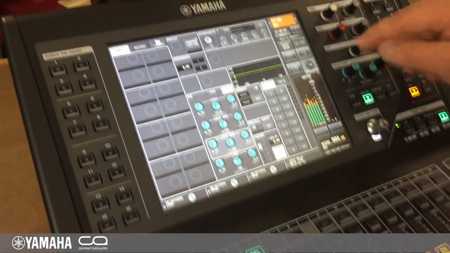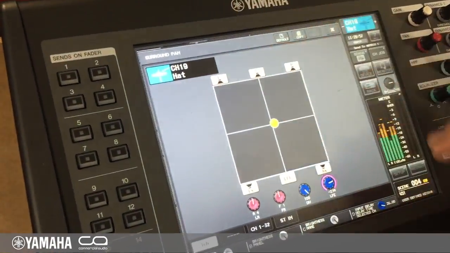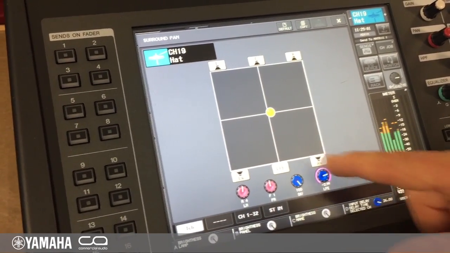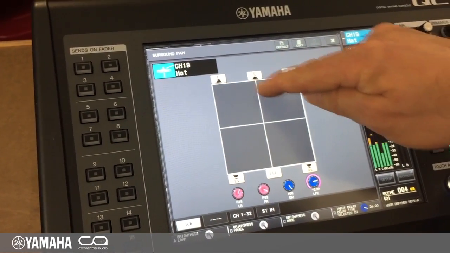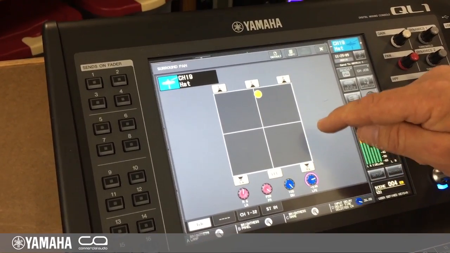If we were to go look at a channel, we can see what were the first 6 mixes now shows up as your pan. So you can dial it in with your encoders, or you can simply drag it wherever in the sound field you want. You certainly can come in and turn channels on and off here.